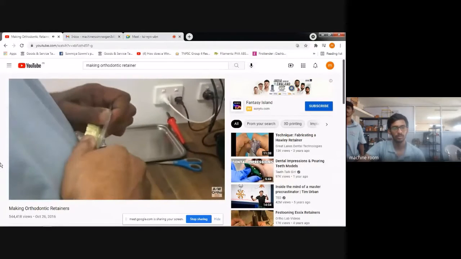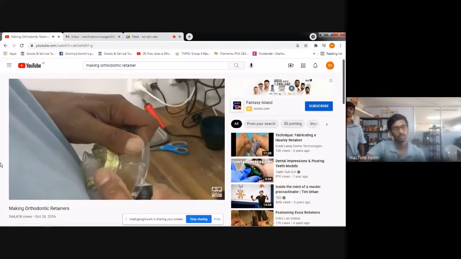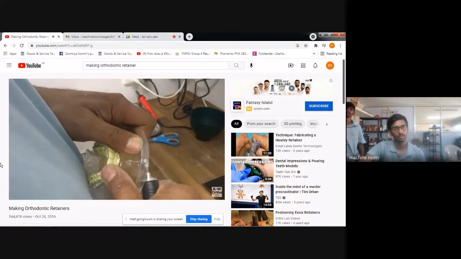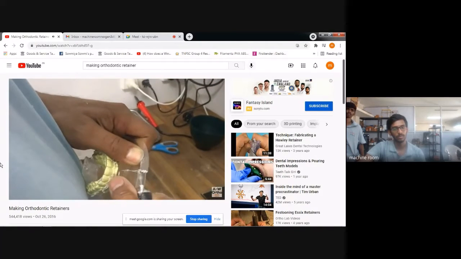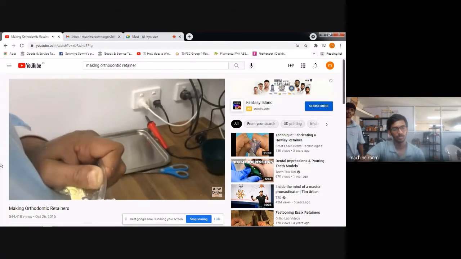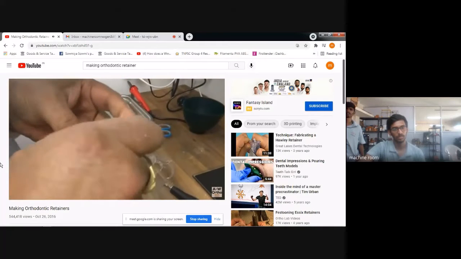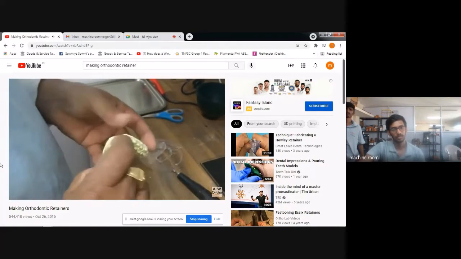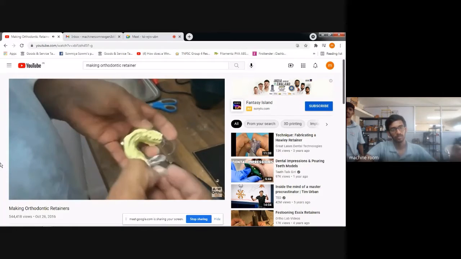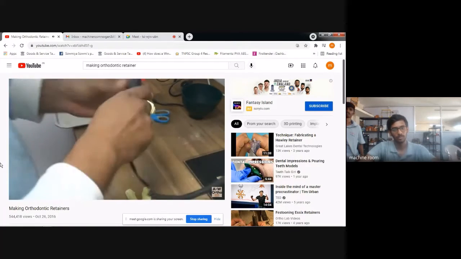And then what I do, cut this excess material away, so it comes away quite nicely. And then you just peel it off, like so. The teeth usually break. Okay, so that's pretty good.